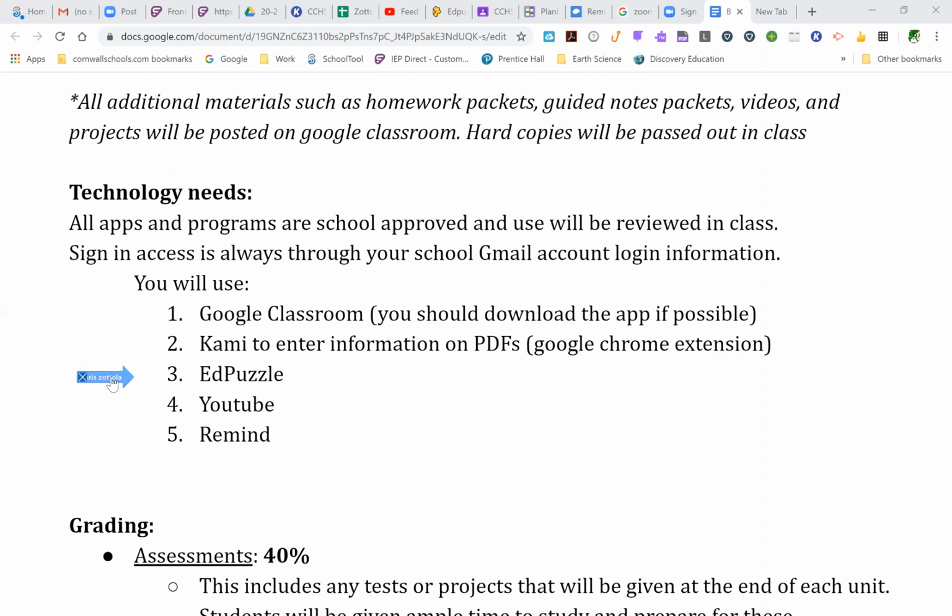The third program we're going to use is something called Edpuzzle, which allows us to have you watch videos with embedded questions. So during the video, questions will pop up and the video will stop at a good point where you've just been given the information, now you can answer it. There is a student app for that if you want to try and download it, although we'll be using the